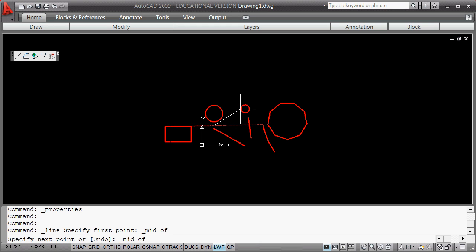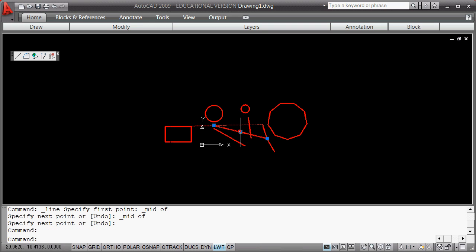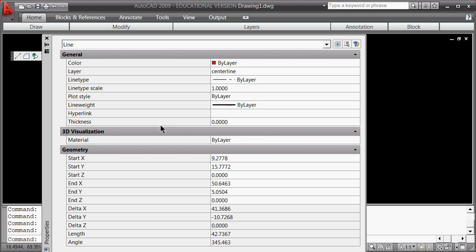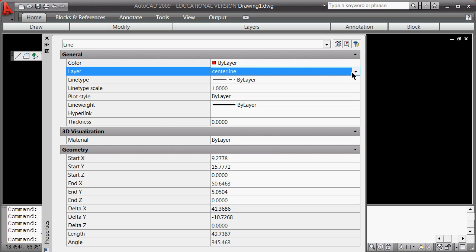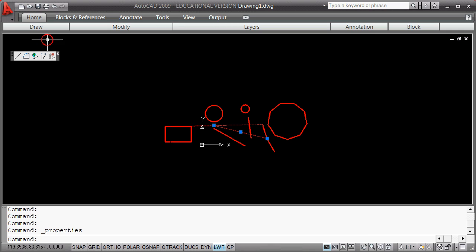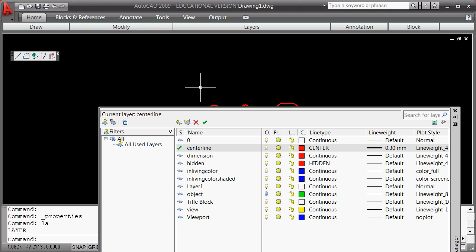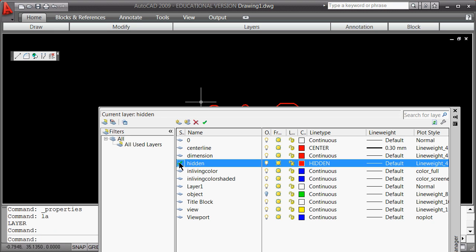You do not have a midpoint of a circle, because a circle is infinite. Right click, properties, and you start to realize now that, boy, it'd be a lot easier just to do this. Change your current layer to something different. So I'm going to go ahead and do that. I'm going to say LA for the layer command. I'm going to double click here on the hidden line layer, and I'm going to